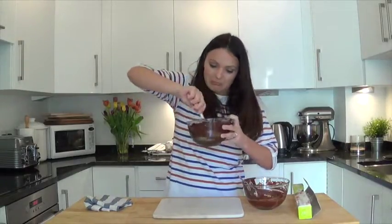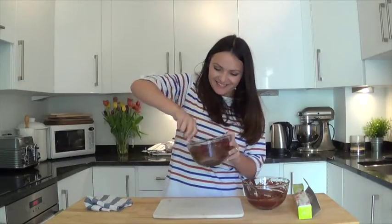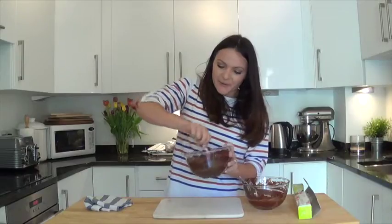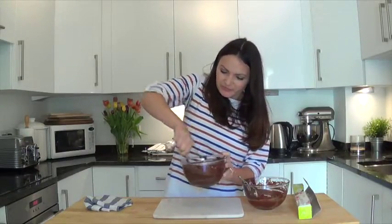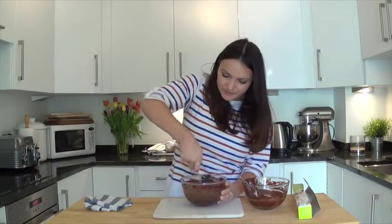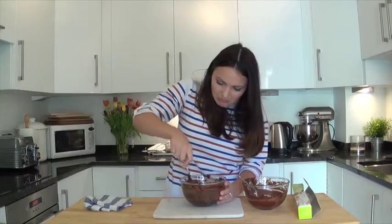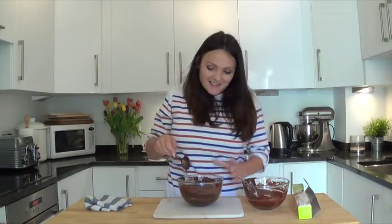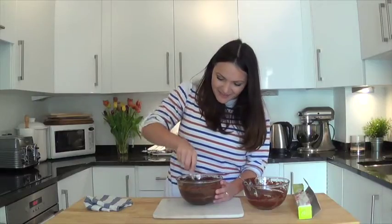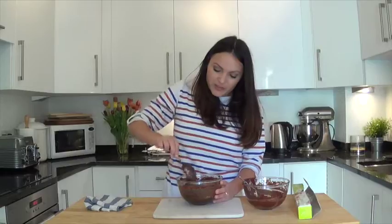Okay. It's looking like a mixture. What I'm going to do now, good, mash together. Looking pretty good actually. First time I've done it, so this is new for me too. I'm just having a play with the chocolate. It's looking good, it's coming together. Right, all I'm going to do now,